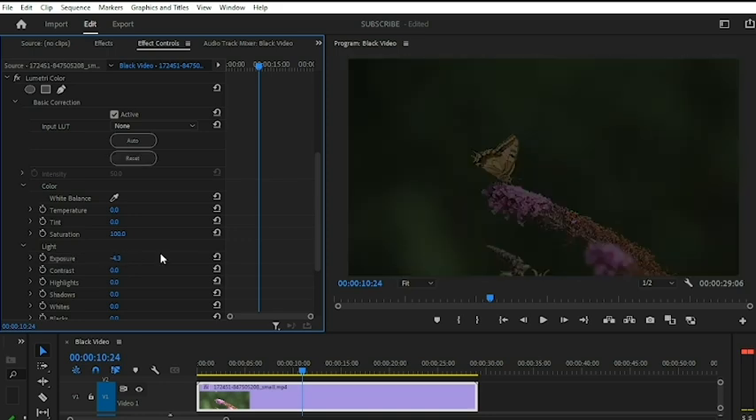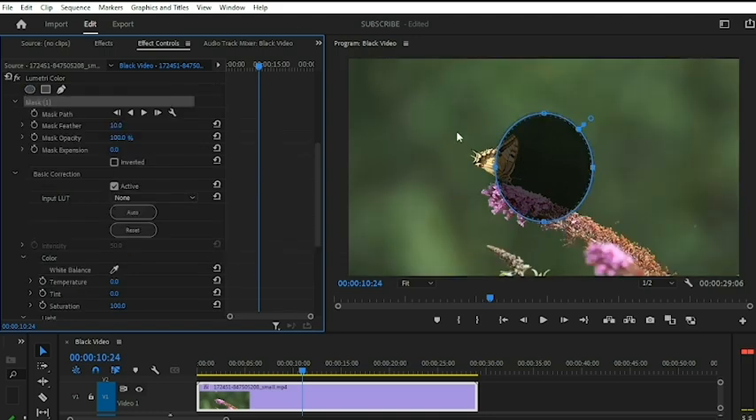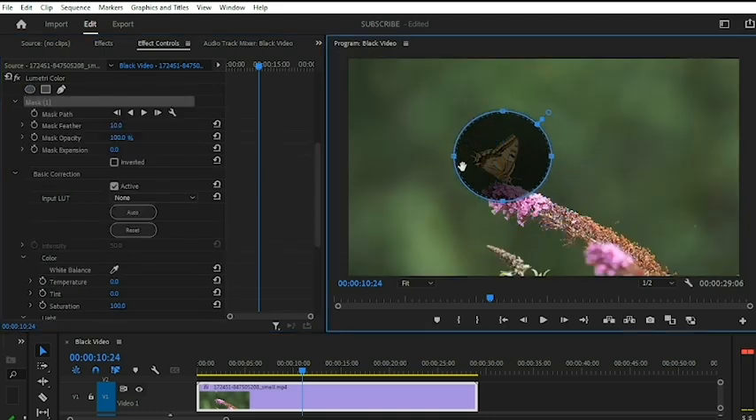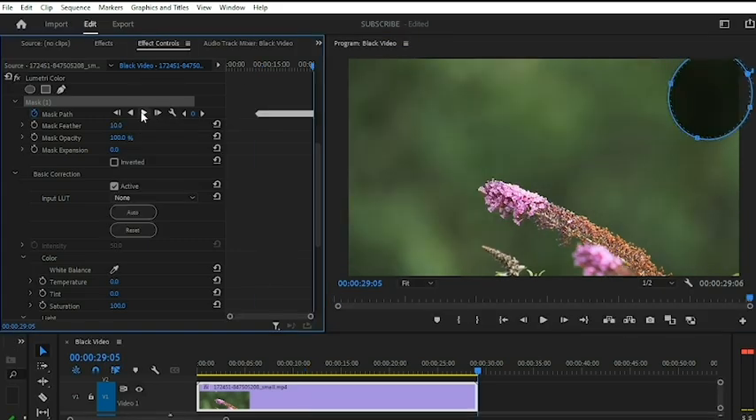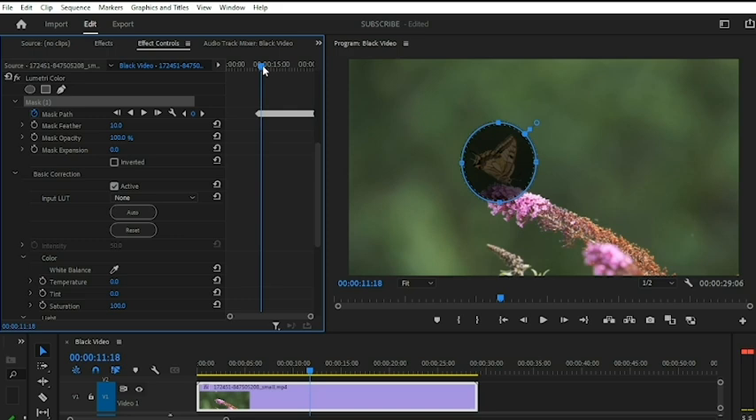And then I'm going to create a mask around the object I want to highlight. So I'm going to select the ellipse mask and I drag it onto the object, resize it. And then if you have to, you can track the mask. After doing that, when I move the playhead to somewhere in the middle, there I have the object I want